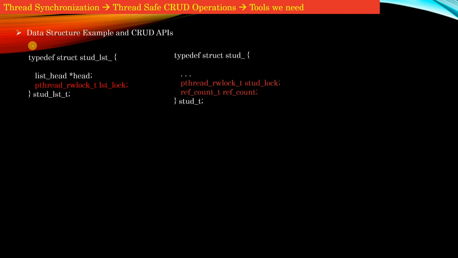First of all, we have a data structure which represents a linked list itself. We need to have a member which is nothing but a pthread read-write lock. And this read-write lock is a lock for the entire linked list. Then this data structure represents exactly one node of a linked list. That is, this is the data structure which represents a student object which is stored in exactly one node of the linked list. So every node of the linked list would need a separate read-write lock and a reference count